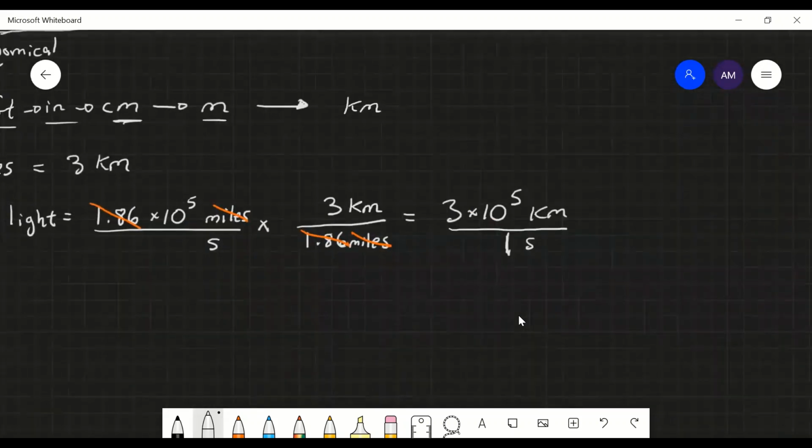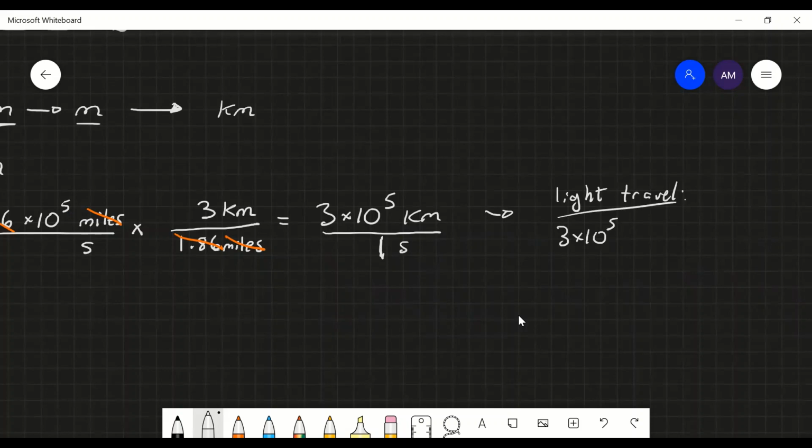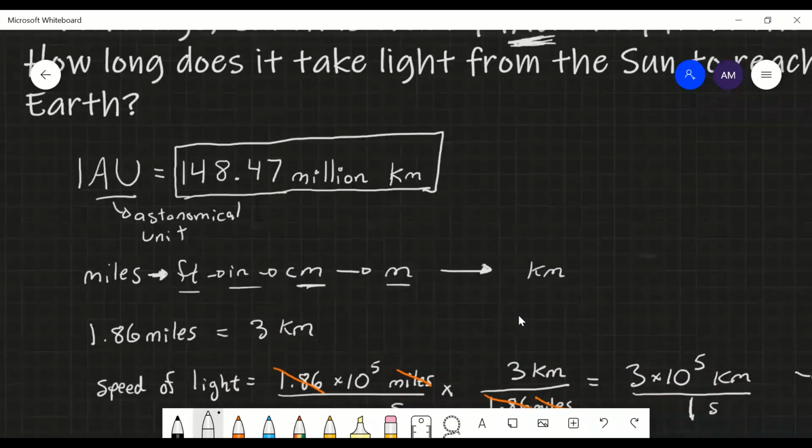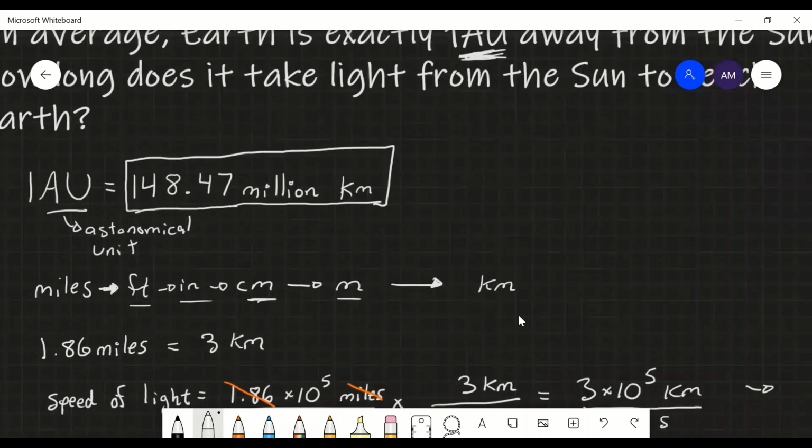Another way of looking at that is when we're dealing with just light, or light travel, 3 times 10 to the 5 kilometers is equal to 1 second. They're the same amount of traveling. That's one way of thinking about it. And that's going to be useful if we try to convert these astronomical units, which are currently in millions of kilometers. So first, let's think about